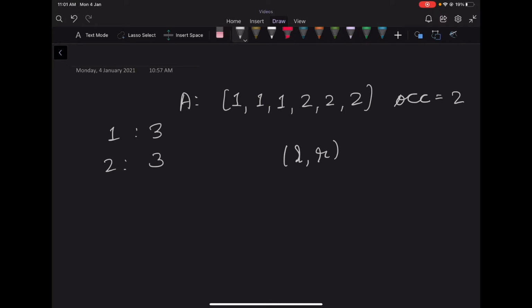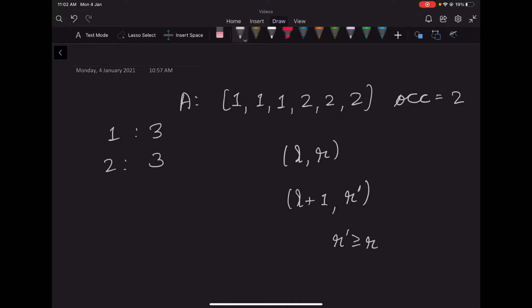So for example, if we found the R for a given L and we need to find the R for L plus 1, how do we find that R? That means we need to find the R dash such that if we delete L plus 1 to R dash, we get a subarray in which no element has occurrence greater than 2. So one thing you can notice is that R dash will be greater than or equal to R. That is, the right pointer will be non-decreasing. So if it is non-decreasing, then we know that our right pointer can increase at most n times, in which case the complexity will be O(n).